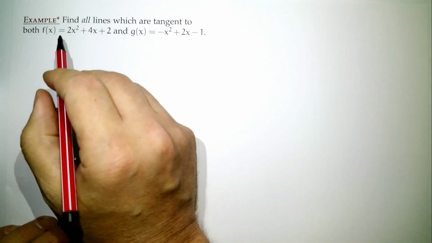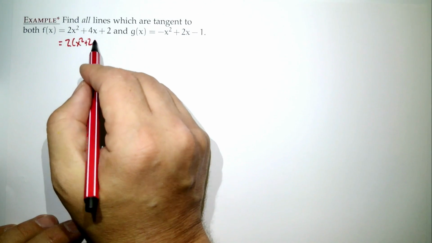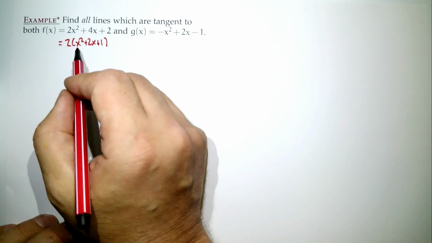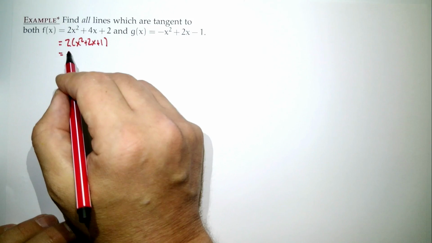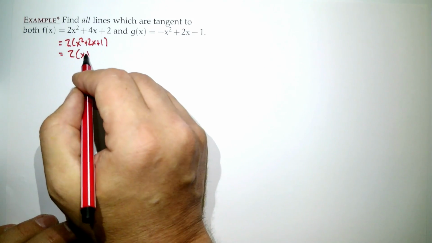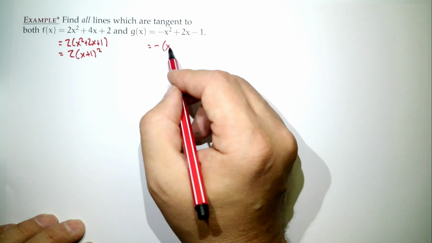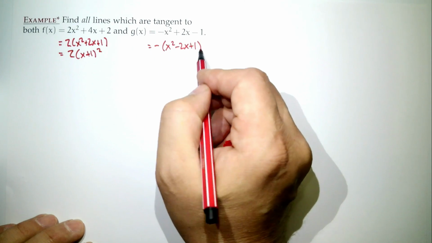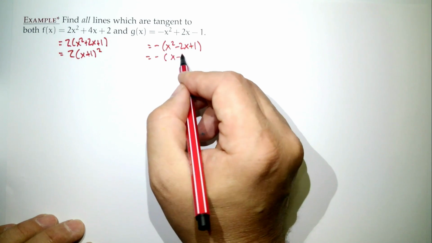Because if you pull out a 2, x squared plus 2x plus 1, do you recognize x squared plus 2x plus 1? What is it? It's x plus 1 squared. Over here, you could pull out a negative, x squared minus 2x plus 1, and then what would you have? X minus 1